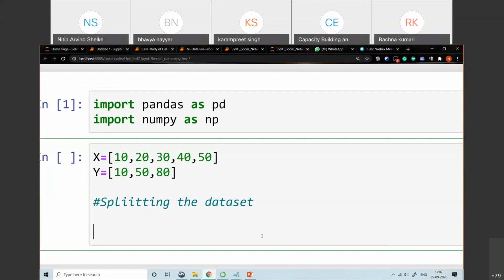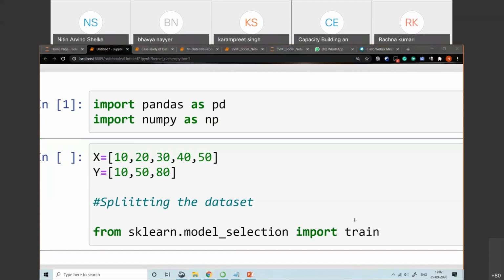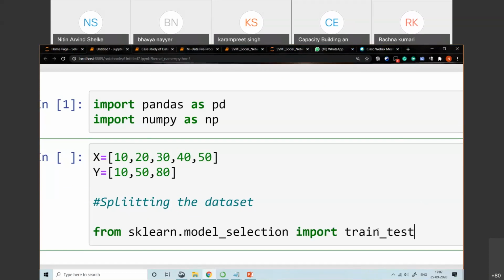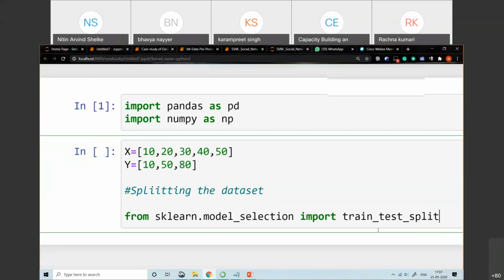For that we need to import train test split from sklearn dot model selection, import train_test_split. Okay, so this is the class that we need.